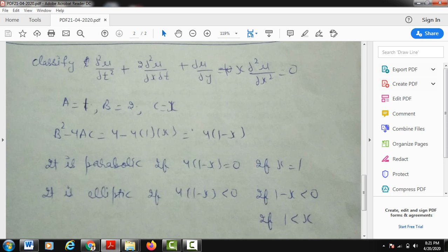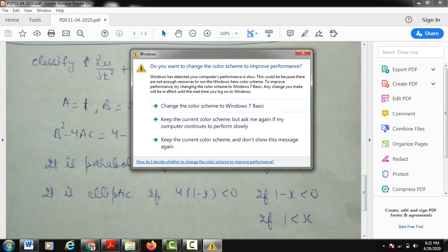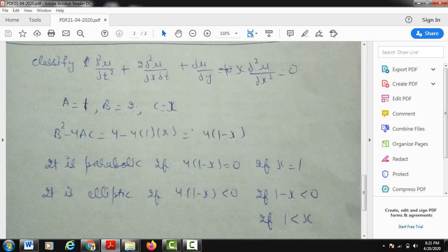Okay, so again here I am going to evaluate the factor b square minus 4ac. So what will be the factor b square minus 4ac? It is 2 square, 4, minus 4, a is 1 and c is x. So on calculation, I am getting 4 as common, and inside we are having 1 minus x. So on x or any other plane, no condition or no constraint is given to you. So I will discuss the three cases thoroughly over here.